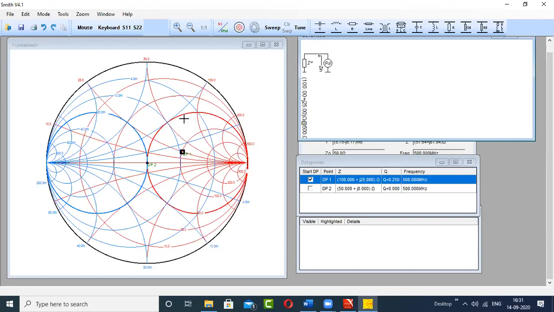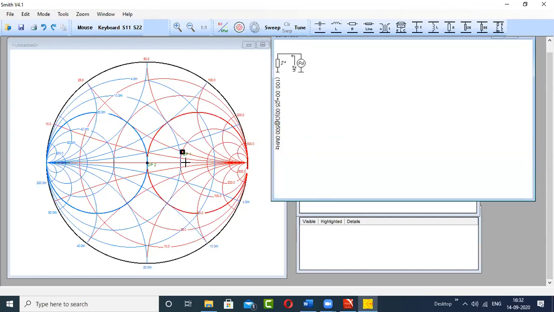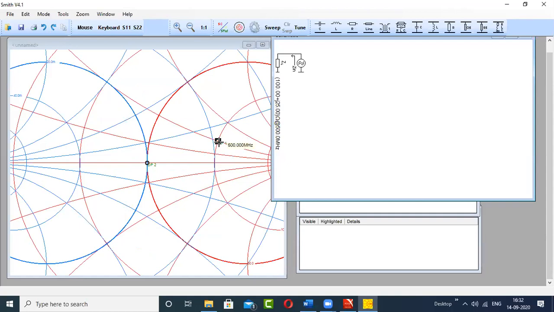So now there are two types of circles: resistance circle and conductance circle, that sir has already told. This time also we are going to do the same thing. So you have to just check it. So what you can do, here, you can move from here. Now this time you can see that this load is not falling on any circle.